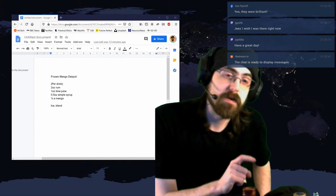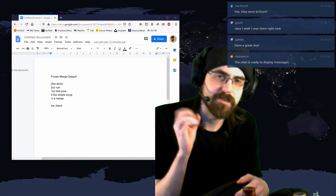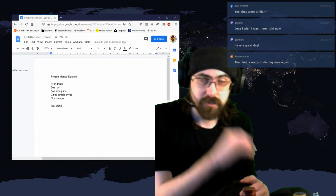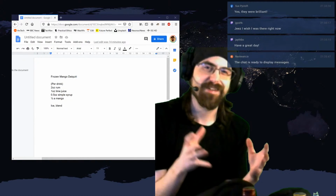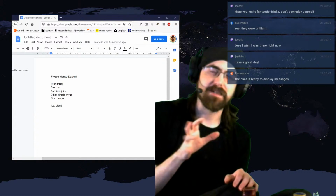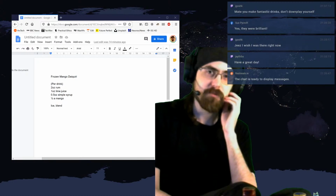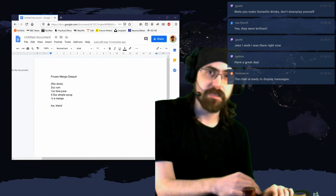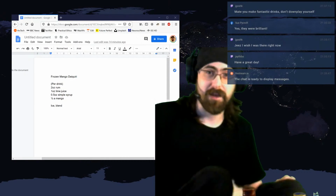Also, I particularly enjoy the style of frozen cocktails served in New Orleans and Las Vegas. I've only been to Vegas. I'd love to go to New Orleans sometime, but it's not a high quality drink. You go to these bars. Calling them bars is a bit of an overstatement, but holes in a wall down the strip where there's just a bunch of slushy machines filled with all different kinds of boozy, sweet, vaguely citrusy concoctions, and it's like $5